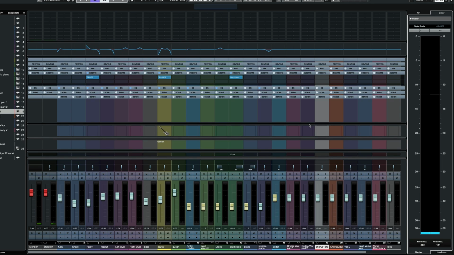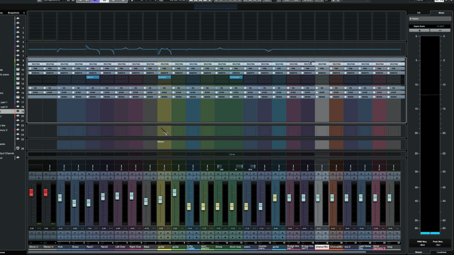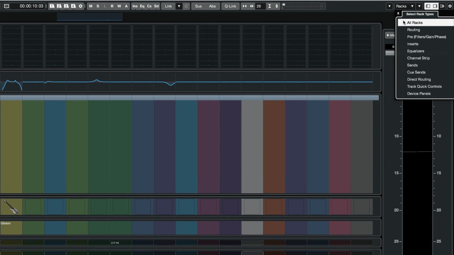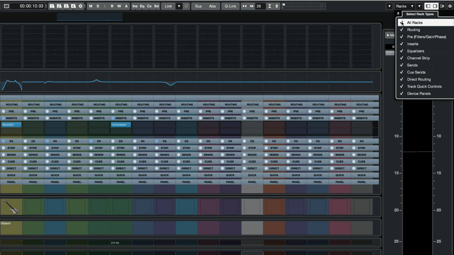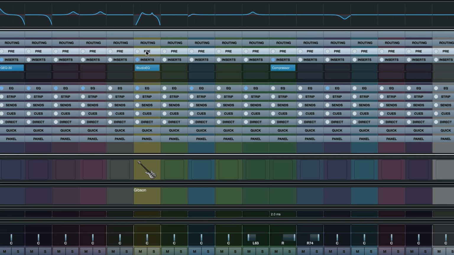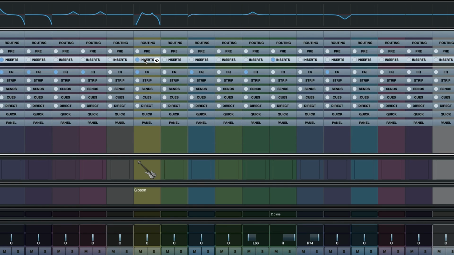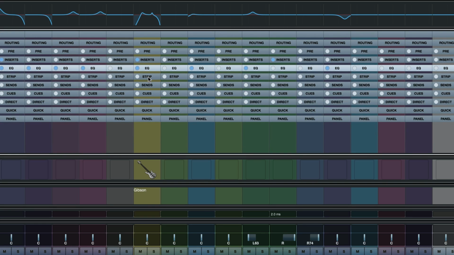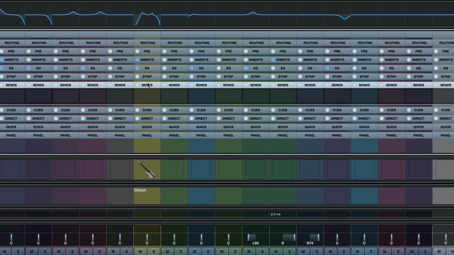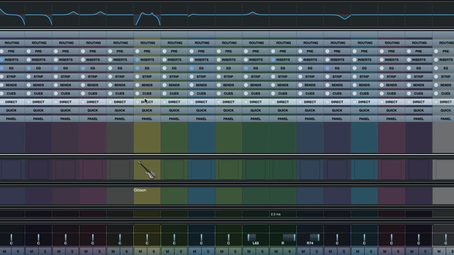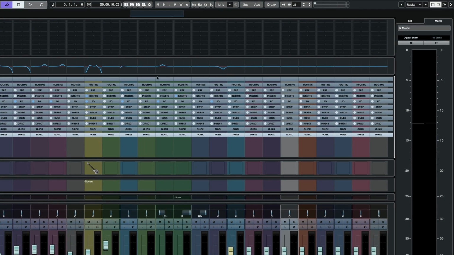So we're on to the last zone now, the racks part of this mixer. And like I said, it's got its own kind of sub toggle on and off area. I'm going to turn everything on, and everything in here pertains to the routing. You've got your pre section, which is right here. You've got your inserts you can toggle on off. You can get to EQ, which is quite handy. I'm going to skip the strip right now. We'll get to that in just a second. Your sends are all here. Your cues, if you had headphone mixes. Direct monitoring is another feature. You've got your quick links and a panel that I rarely use. I rarely have those on.